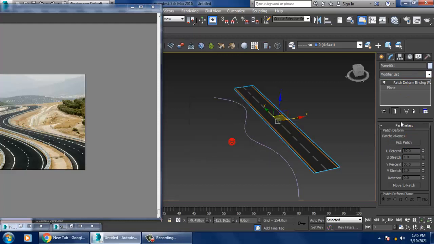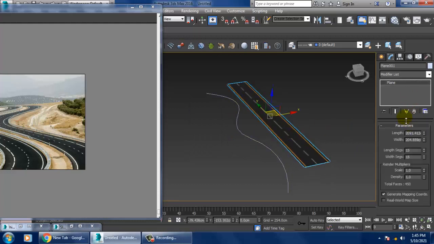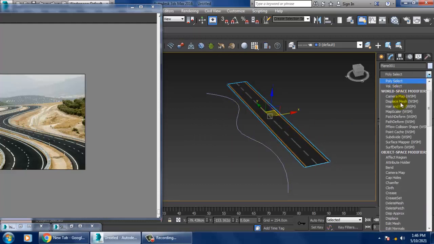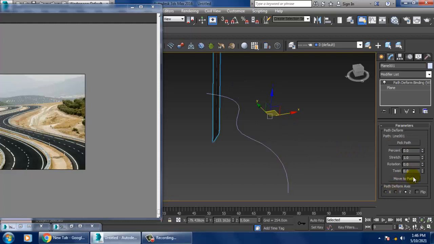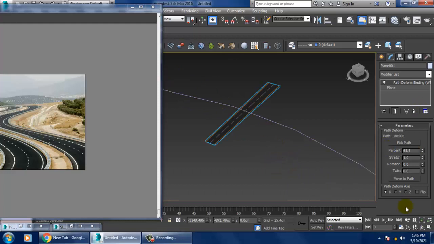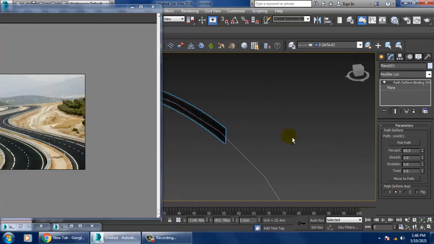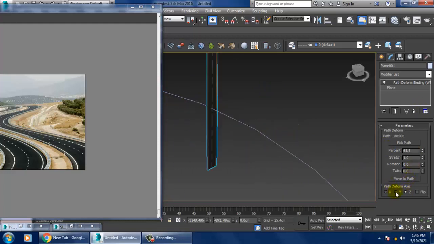Oops, path deform, not patch deform. Perfect. Now move to path, X, Y, Z. Let's shuffle it to the X axis, or I can shuffle it to Z, or we'll keep it to Y over here also.